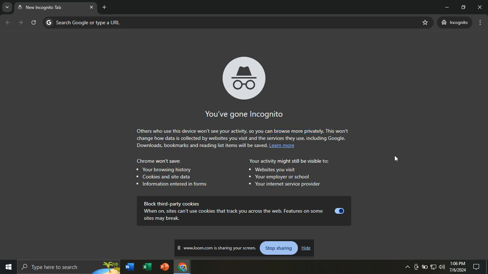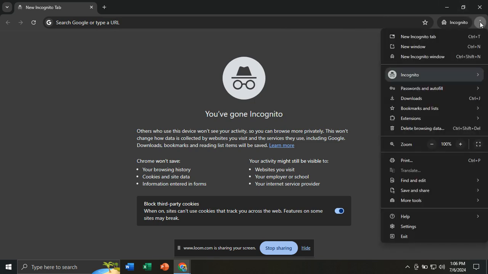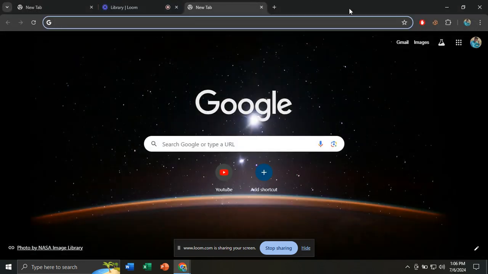So in order to disable this, we need to go to this three-dot icon, click on it, go to incognito, which is this one, and simply click on close this profile. If you simply click on close this profile, it will automatically close the profile of your incognito mode, and it will take you back to your original Google Chrome interface. So within very simple steps, you can easily disable your incognito mode and come back to your original Google